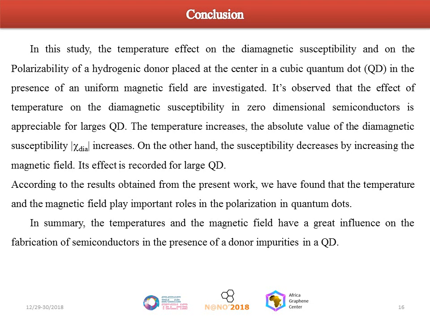So according to our results, we have found that the temperature and the magnetic field play important roles in the polarization in the quantum dots. So this result may be good, with a great influence on the fabrication of semiconductors in the presence of donor impurities in the